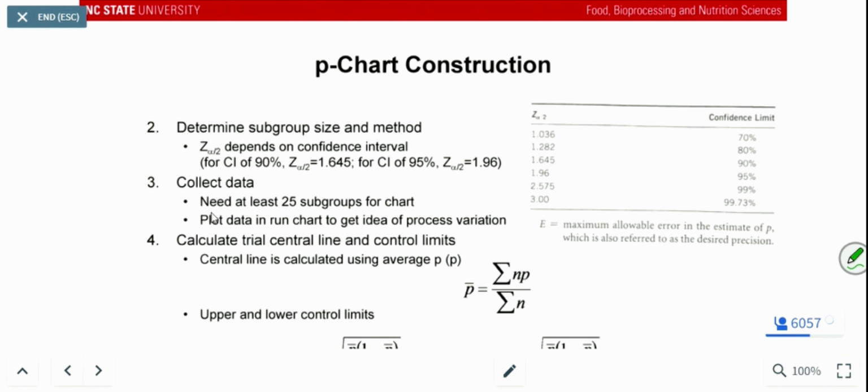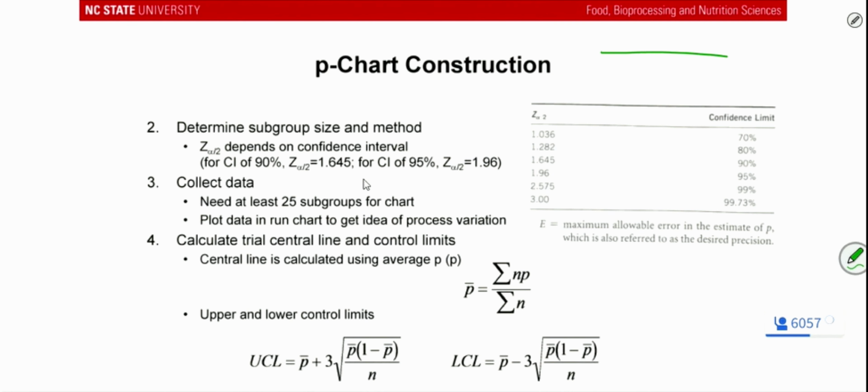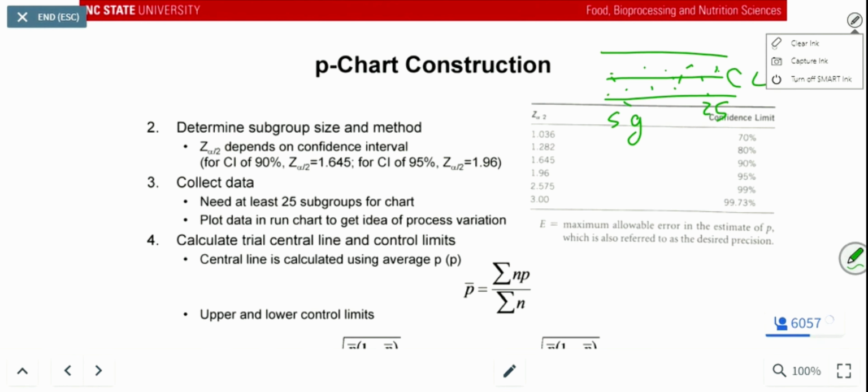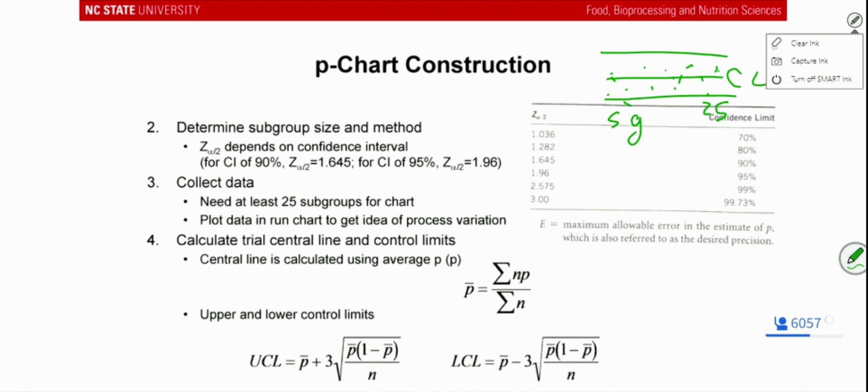And ideally, you have at least 25 subgroups on your chart. Remember, subgroups is the x-axis. If this is our center line, these are our control limits subgroup. So you would have up to 25 observations. And why do we say at least 25? Well, because you can't really see a trend until you get enough on that x-axis. It makes sense, right? If you only had 5, you would not really get a chance to see 2 proportions